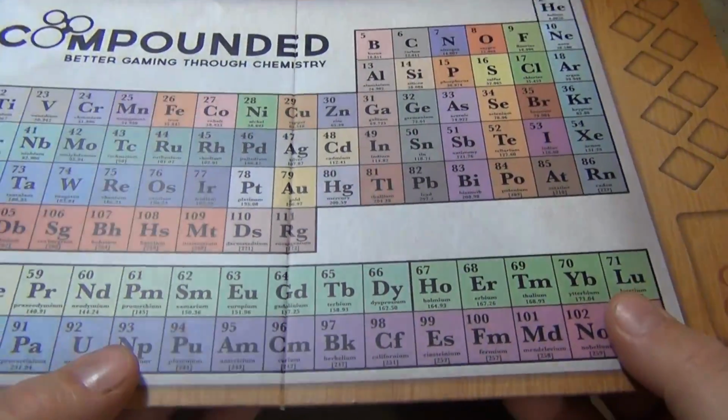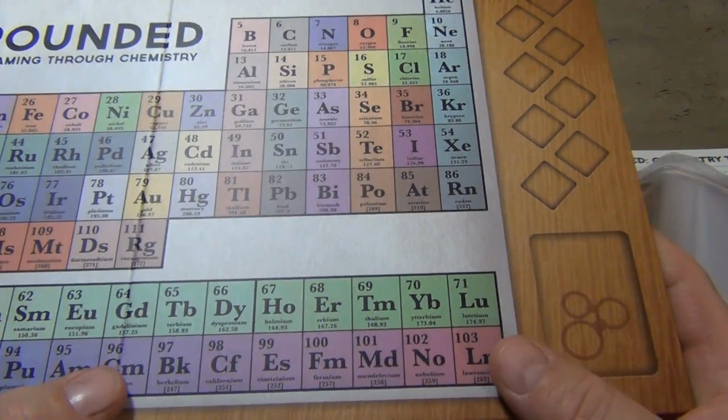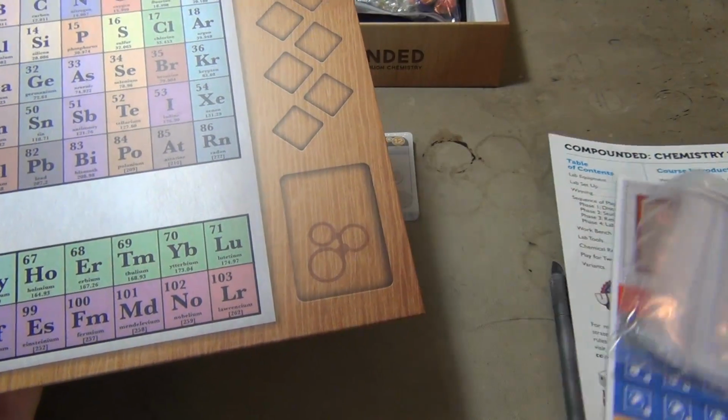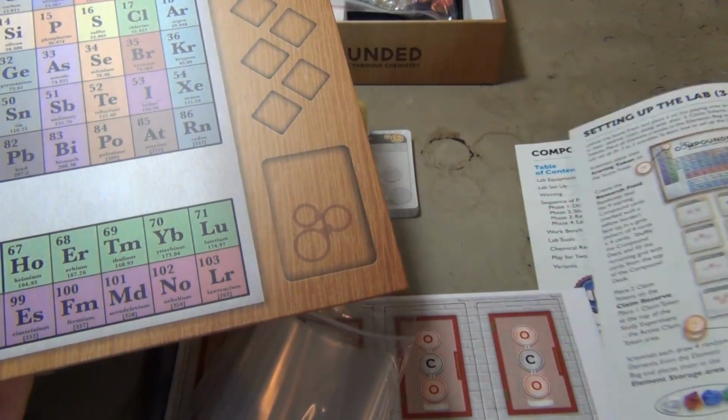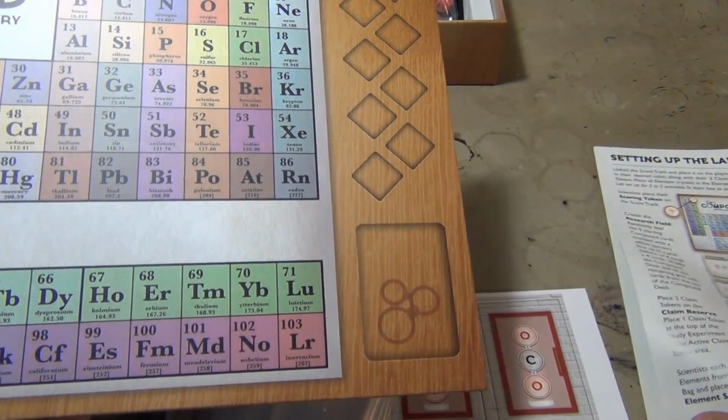It does bend in a little at the middle. It's a little tight when you place it down. So it looks like you got some space for some pieces here. Let's see. Looks like